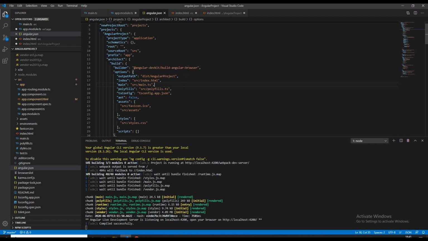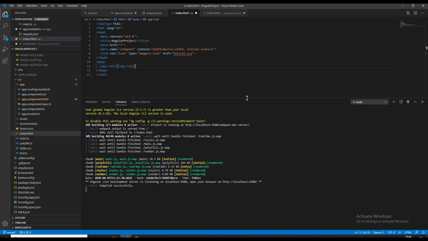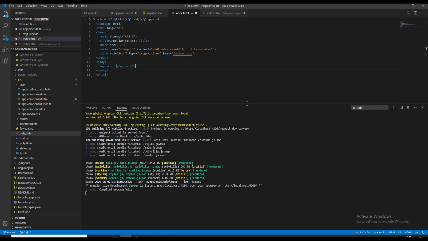We informed Angular about app module and app component. Now Angular knows about app module, app component, and what the selector of app component is. Now if app component is loaded from index.html, Angular already knows that it is the selector of app component and it renders app component there. If we do not inform Angular about app module or app component, it does not know about them at all. So it doesn't know the selector of app component too, and when we run our application it raises an error. So this is how our Angular application works and runs behind the scenes. It's interesting, right? I think we have gained a lot in this video, and let's go deeper during this session.